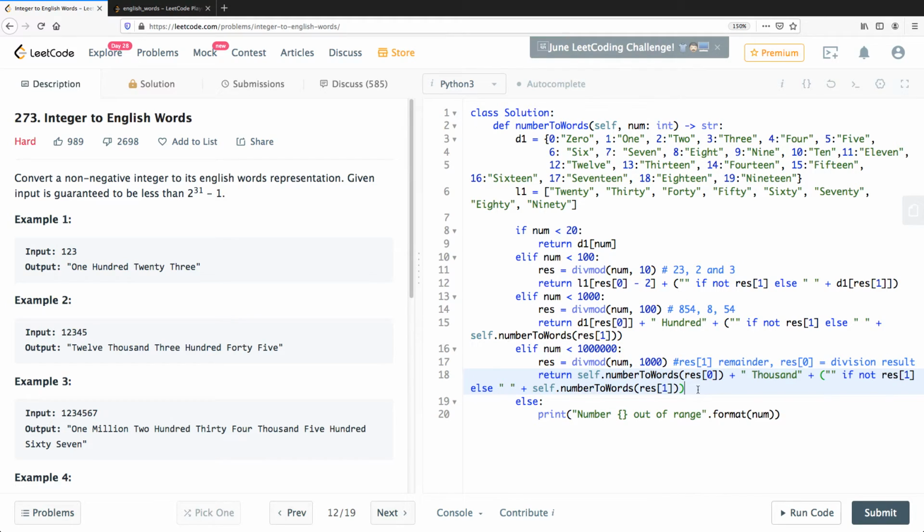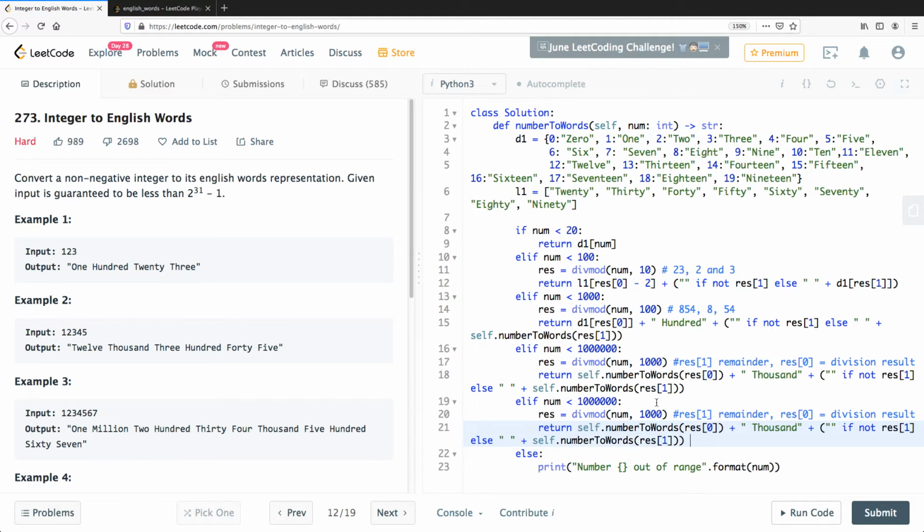You see, I wonder, they classified it as hard, but I would say once you get the hang of the problem, it's not hard at all. It seems like, you see, I'm just cutting and pasting code. Once you have a few basic cases taken care of here up to, I would say, 100, then it's just a question of a recursive lookup. So with this, we are now ready to take care of numbers, except we should not forget that we have to have a million here. I think that was a problem right here,